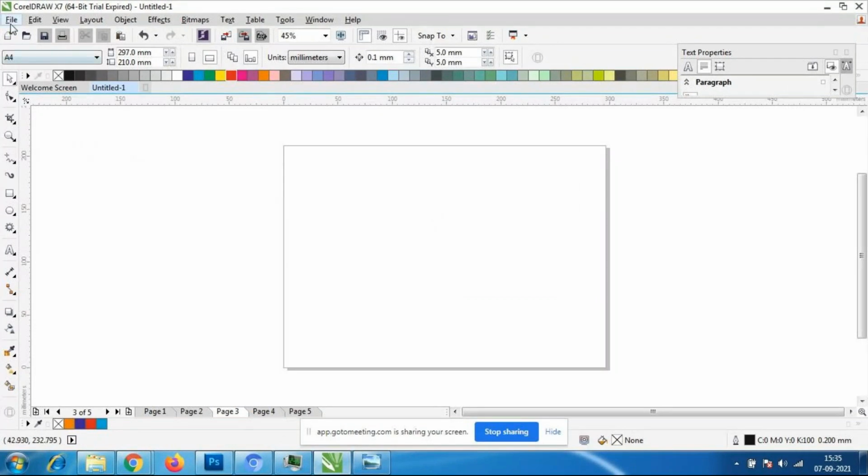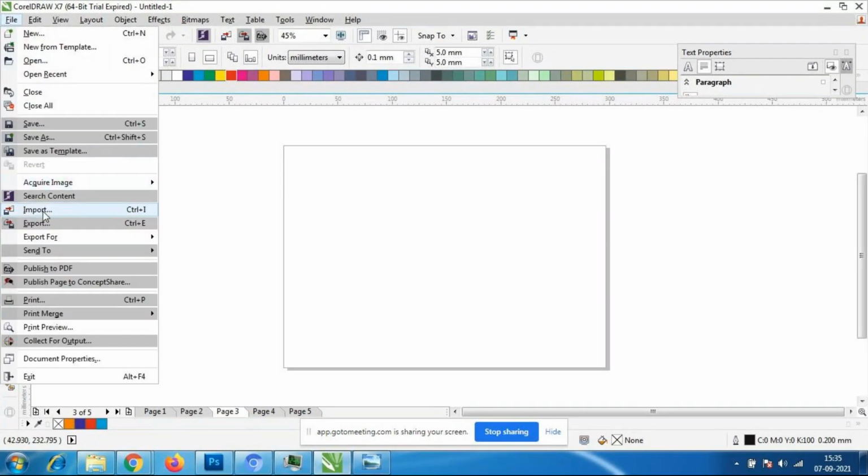I'll go to File, Import. There is an option called Import. The shortcut is Control I. In online exams they will ask you what is the shortcut of import. So you have to go File, Import,